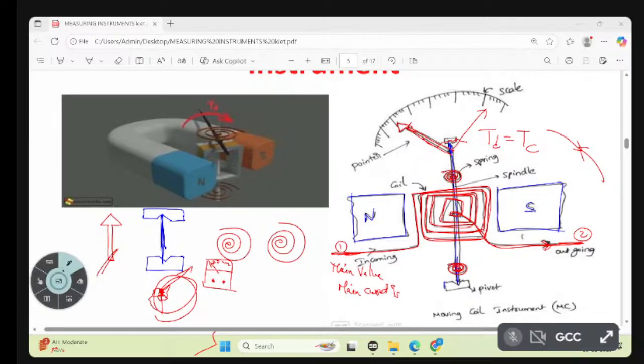At the position where deflecting torque is equal to controlling torque, that is the pointer position. Okay, so this is about